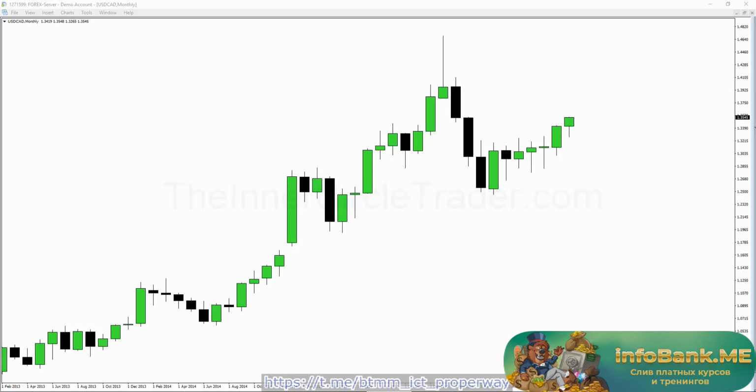We're going to talk about some anticipatory skill sets, and one of the skill sets that I teach is using the monthly chart. But this teaching is going to be specifically dealing with using institutional order flow to help you find new setups. When we look at the monthly chart,